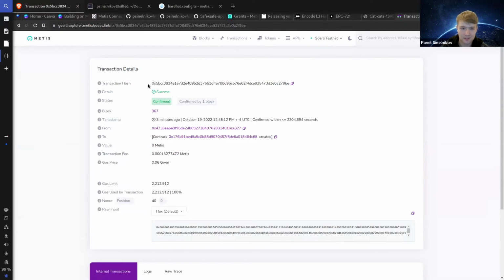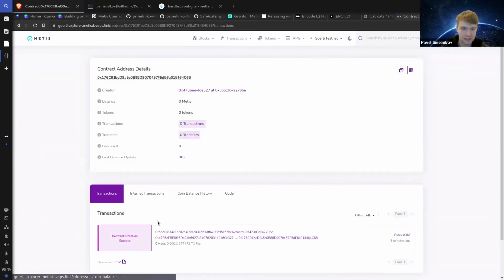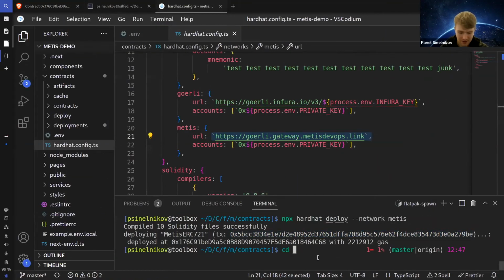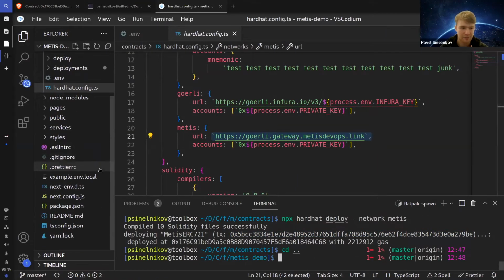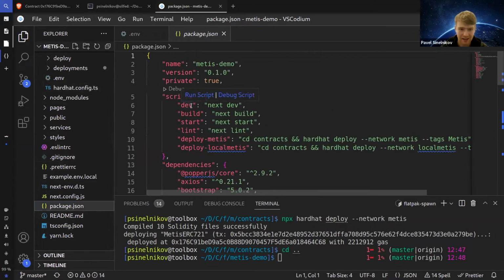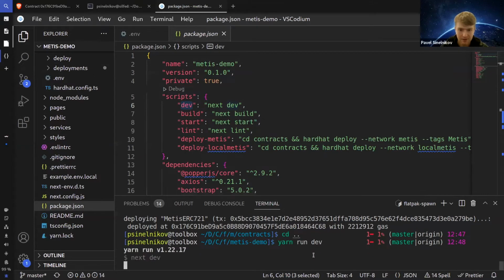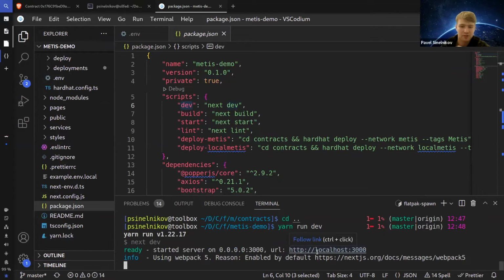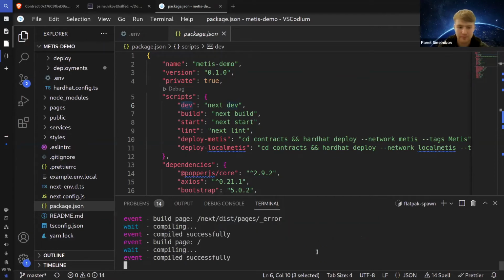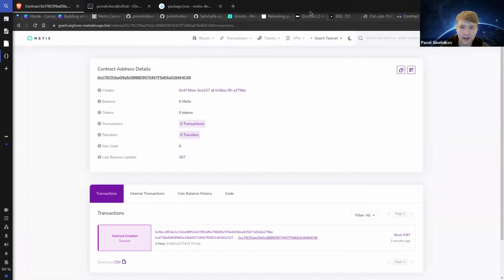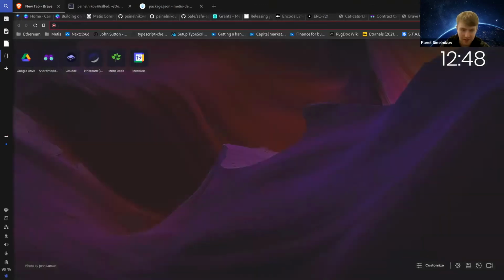So we have this as our transaction hash. That's a contract deployment. Here's our NFT contract, and it's the MET. And then if we go a directory back, we go into this package.json. And if we run the dev script, yarn run dev, just to start the server, everything should be automatically connected within it. Then if you go back to the actual application, if we run localhost,